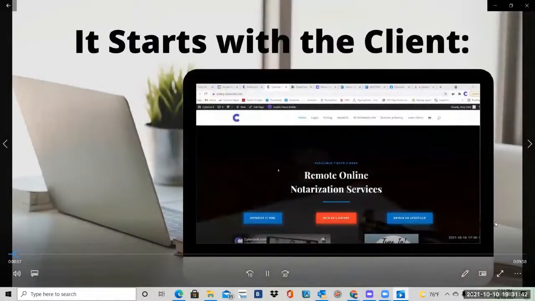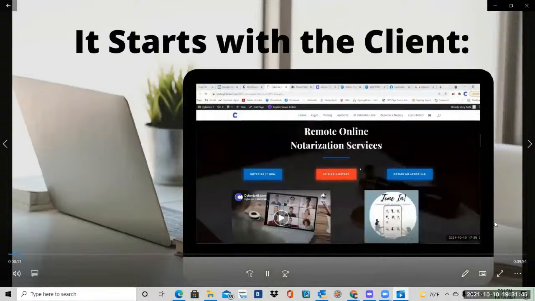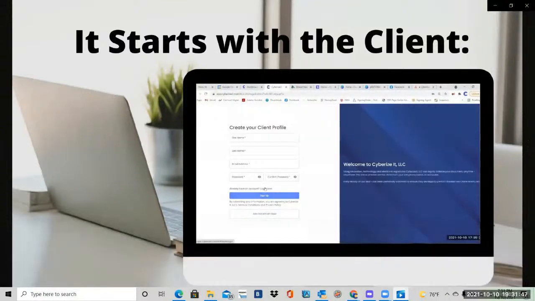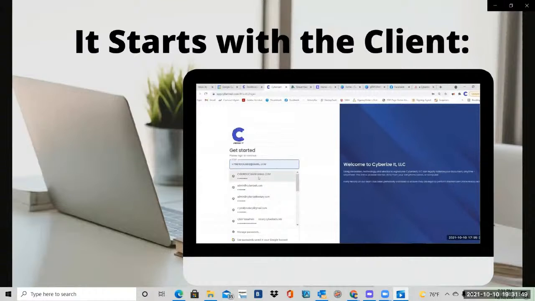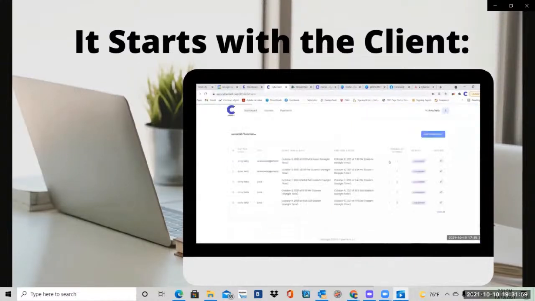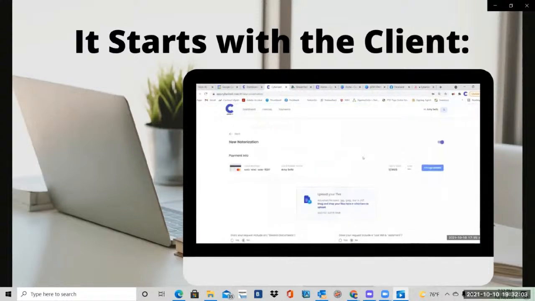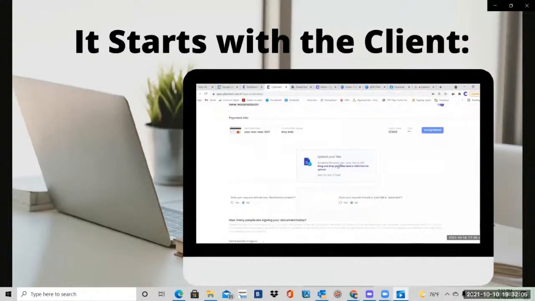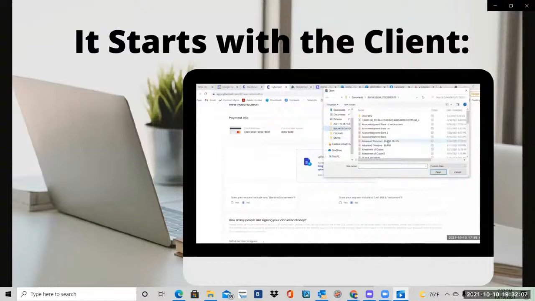To start a notarization on Cyberize It, it all starts with the client. They simply click New Notarization, log into their profile to start the process. Once in their profile, they click the bright blue button saying New Notarization, upload their documents,